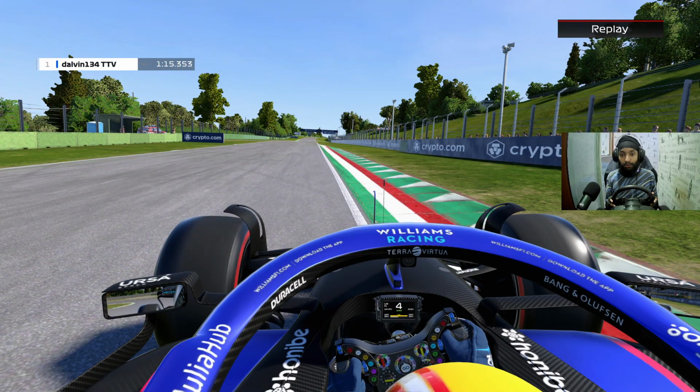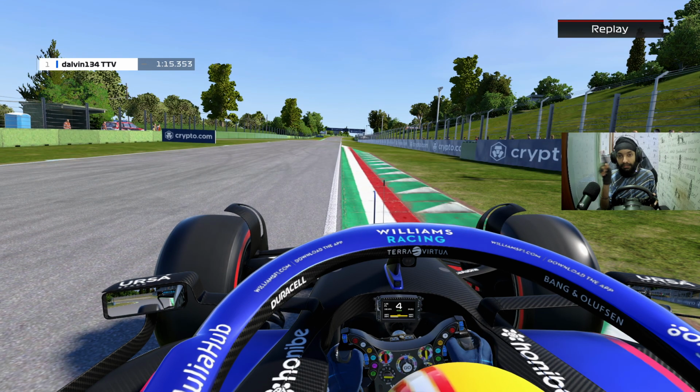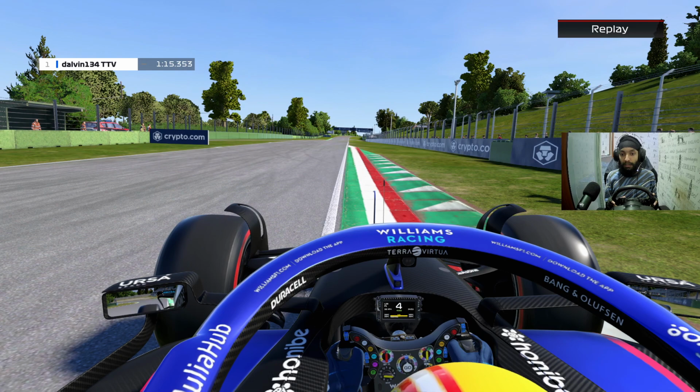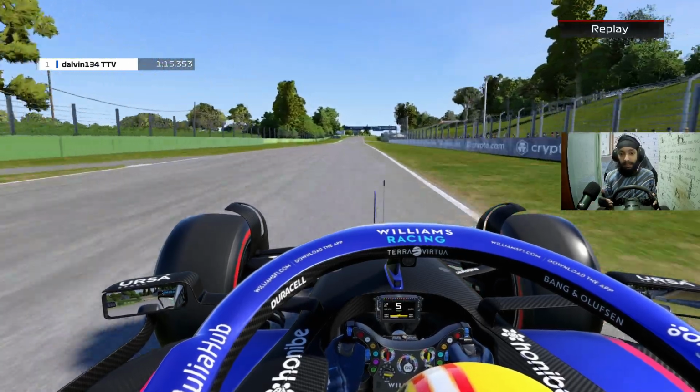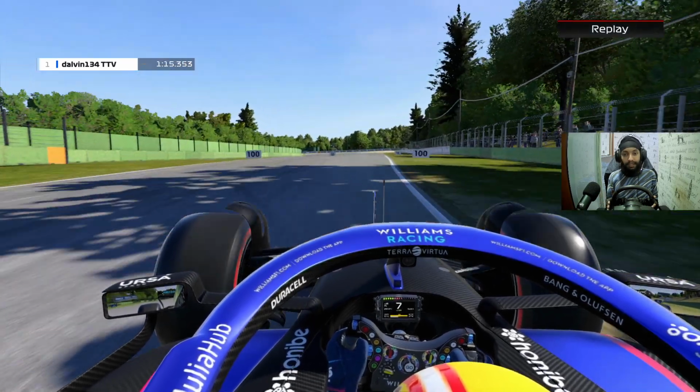But crucially, you do not want to be running on the sausage, on that ripple strip, that zigzaggy thingy. You can use it, but make sure you're not putting your whole car on it. So yeah, this is still acceptable. I like to accelerate in 4th coming out of the hairpin. It gives better momentum. But in the race, you can always use 5th, especially if you're following someone. You do not want to be stressing your rear tires on acceleration. Power down all the way. Stick to the right here, and then